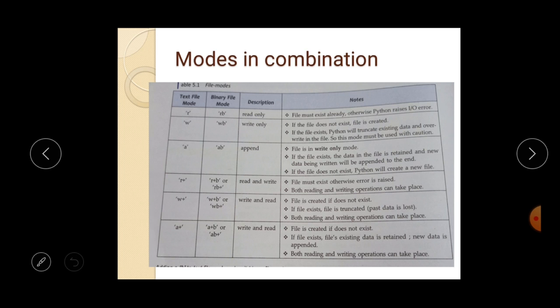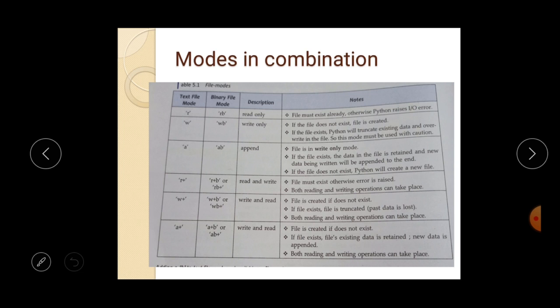But since R is written, the feature of the reading mode is more dominant, so the file must exist in memory, and if the file does not exist, you will get an error message. And if the file already exists in memory, you can open the file and read the content from the file, as well as write some new content to the file also.